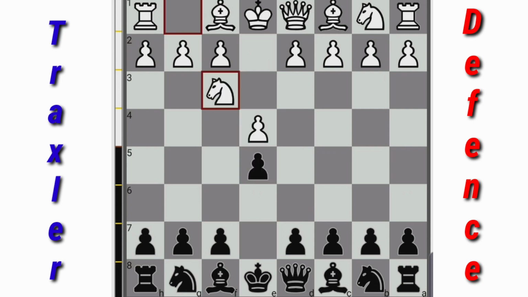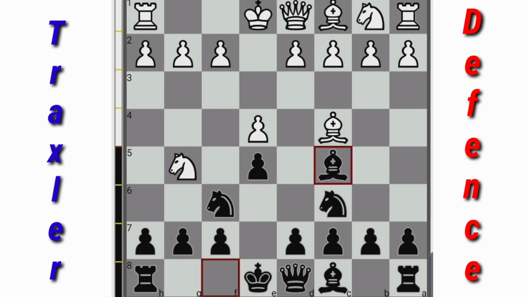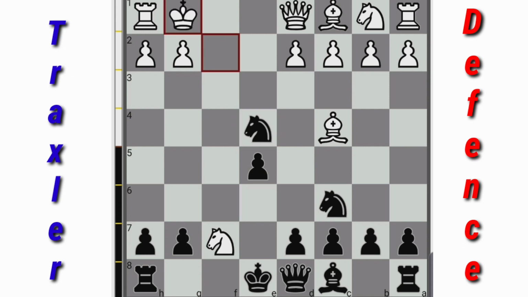e4, e5, knight f3, knight c6, bishop c4, knight f6, knight g5, bishop c5, knight takes f7, bishop takes f2, king takes f2, knight takes e4, and king g1 hiding in the corner. As much as I've said that king g1 is a weak move, in this case, let's have a look and analyze to see how